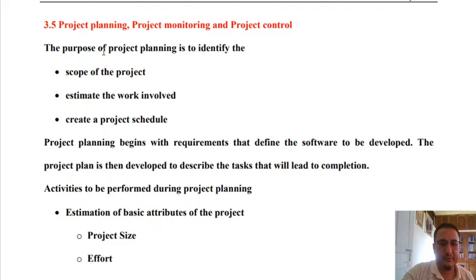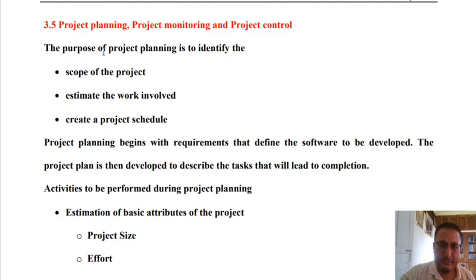This is very much important. Again, I'll repeat it: the purpose of project planning is to identify the scope of the project, estimate the volume of work required, and create a project schedule.